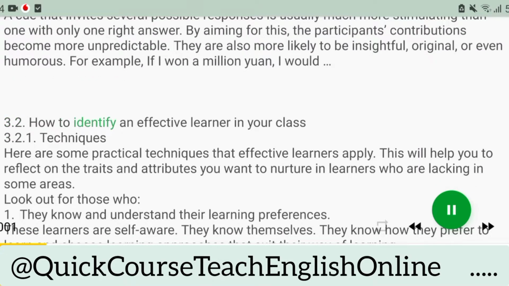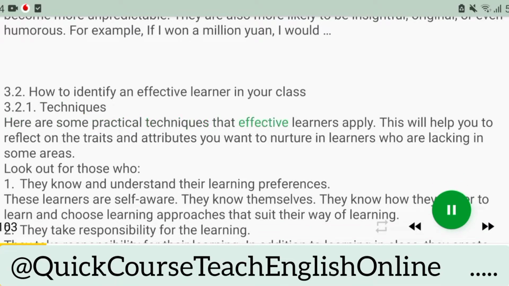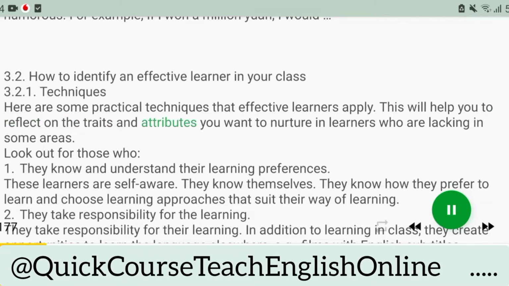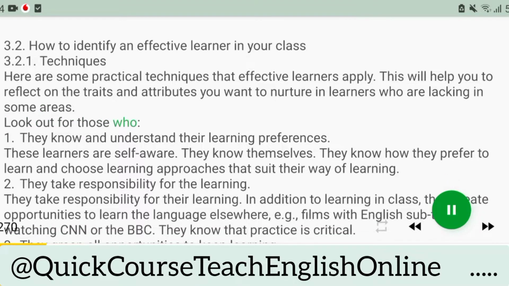3.2. How to identify an effective learner in your class. 3.2.1. Techniques. Here are some practical techniques that effective learners apply. This will help you to reflect on the traits and attributes you want to nurture in learners who are lacking in some areas. Look out for those who: